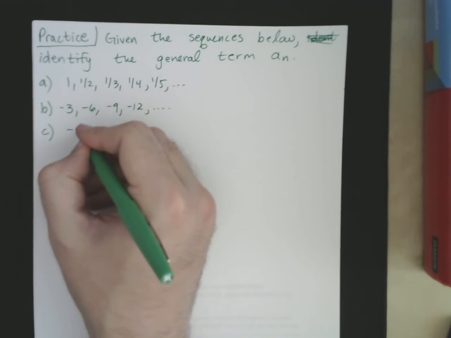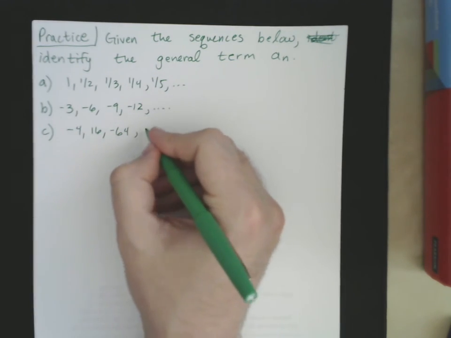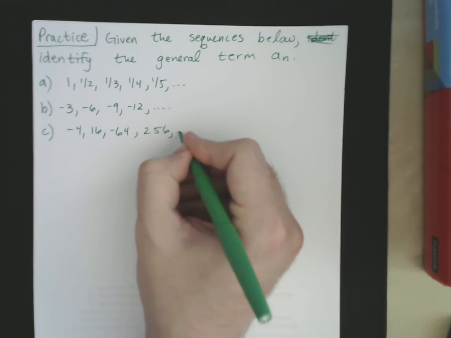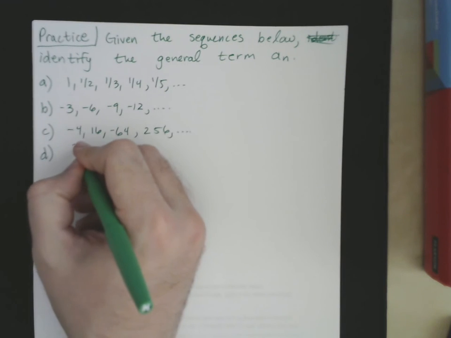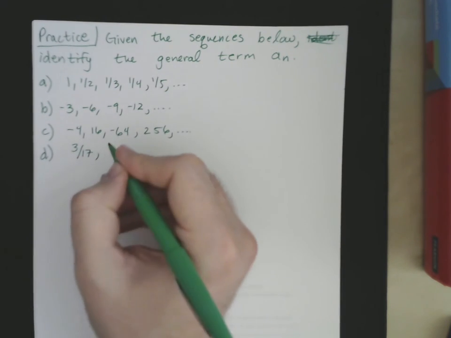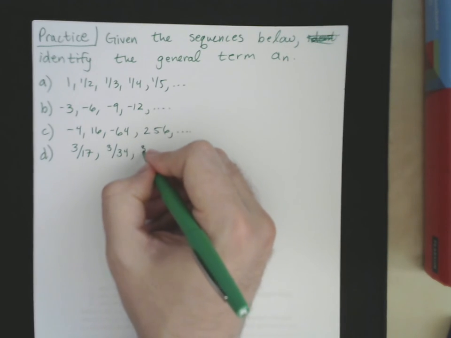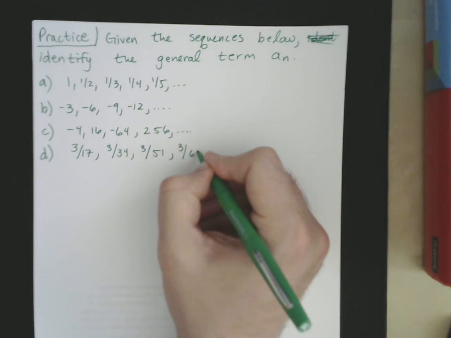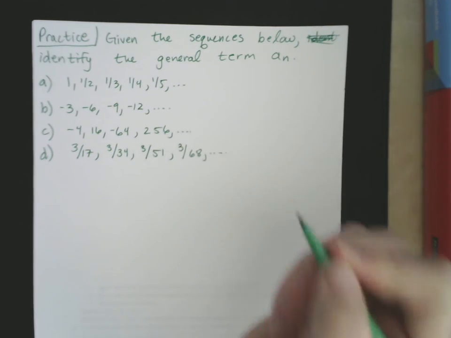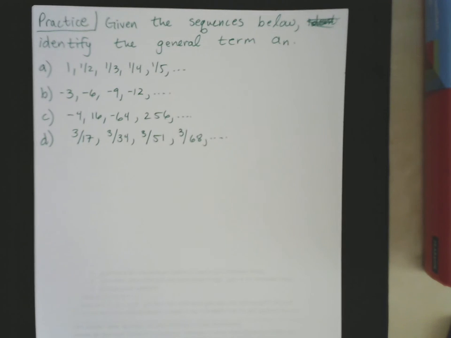And then -4, 16, -64, 256, etc. And 3/17, 3/34, 3/51, 3/68, etc. So I would please encourage you to pause the video, try and figure out what the pattern is for